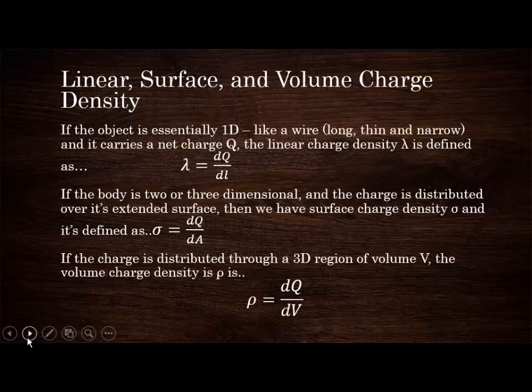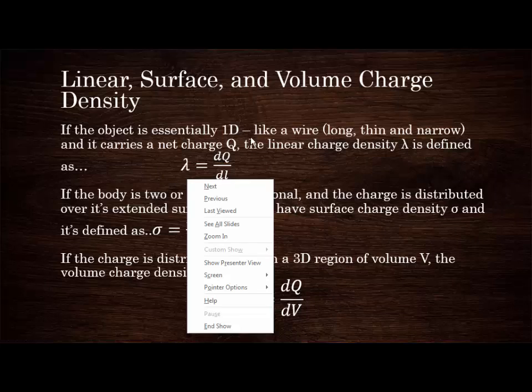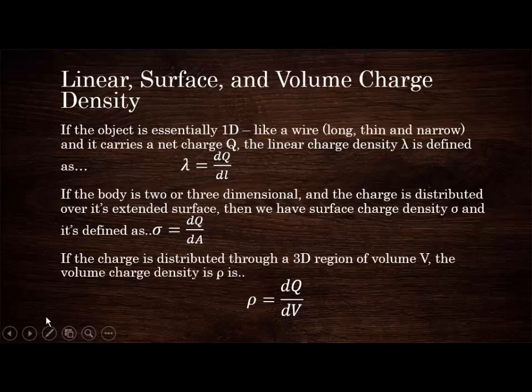Depending on the shape that we're looking at, right now we're going to be looking at just one-dimensional things at the moment. We have a couple of different ways that we can describe the charge that is sitting on the object. The first is if you're looking at a 1D object, like a wire, something that's long, thin and narrow, and it's carrying a total charge, we're going to say Q. The linear charge density, which we define as lambda, is going to be Q over L,